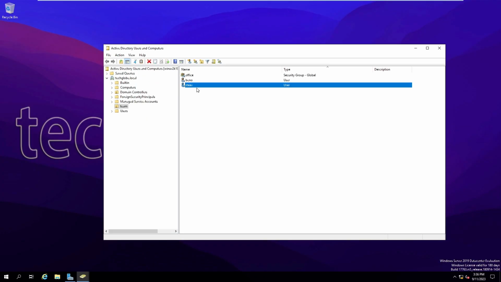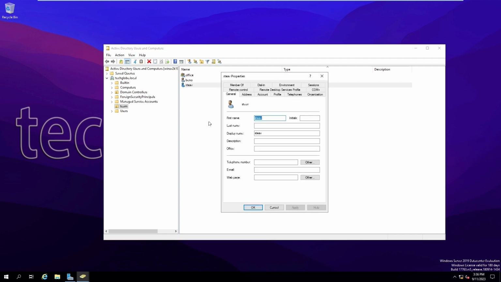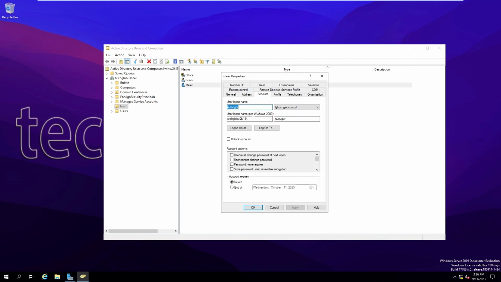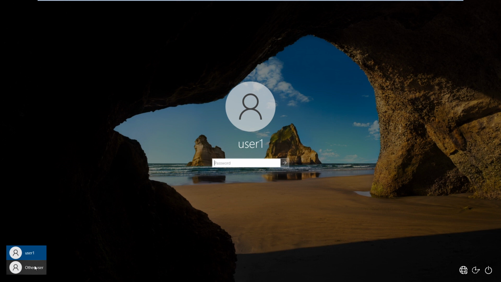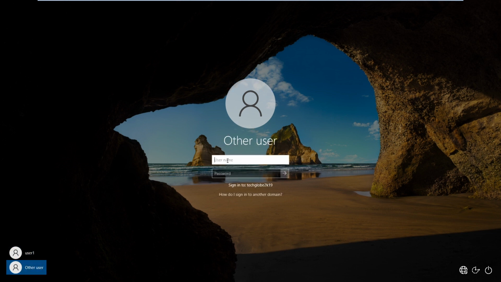This is the Steve username, manager@techglobe.local. Let's go to the Windows 10 machine, go to other user, and enter the username